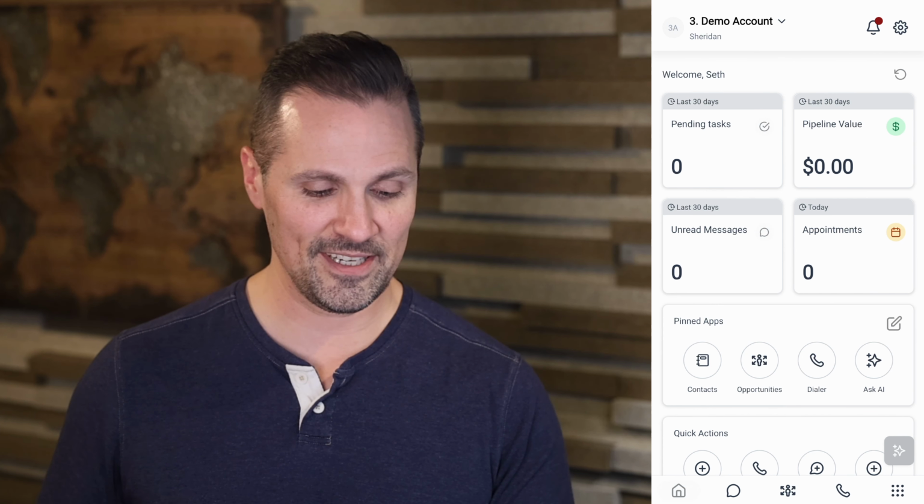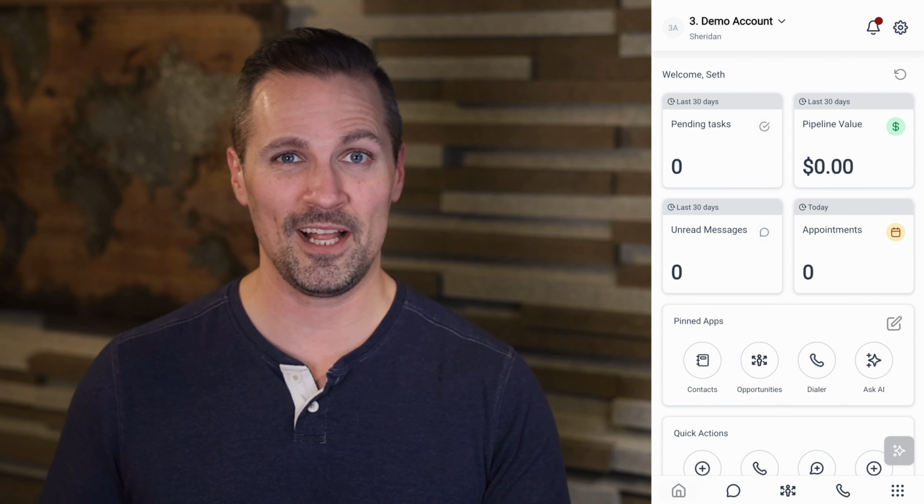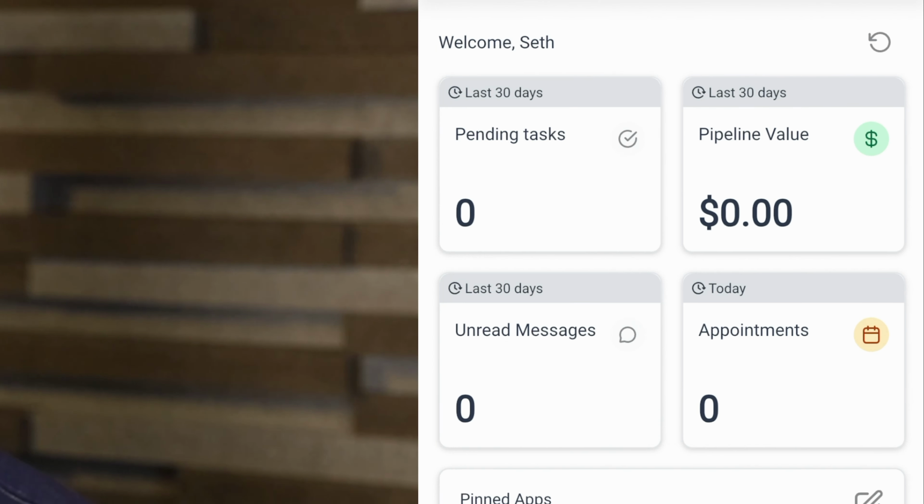And once you've got it on your phone, you can just tap it and open it up like this. And right off the bat, you're going to see a dashboard. This is the demo account I'm looking at right here, so there's not a whole lot to look at, but you'll notice you've got pending tasks over the last 30 days. We've got pipeline value, so that's the value of all the deals that are currently in your pipeline. We've got unread messages, appointments that are happening today, and it might just look like a nice little dashboard, but